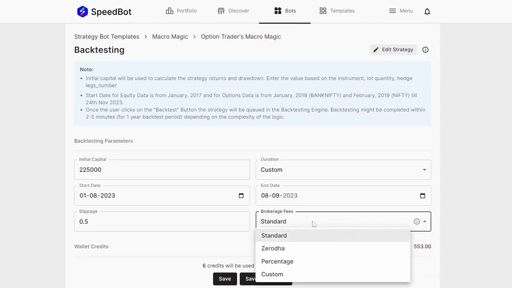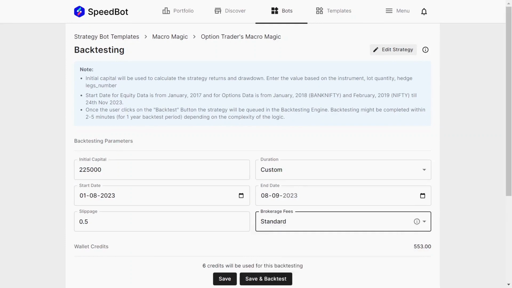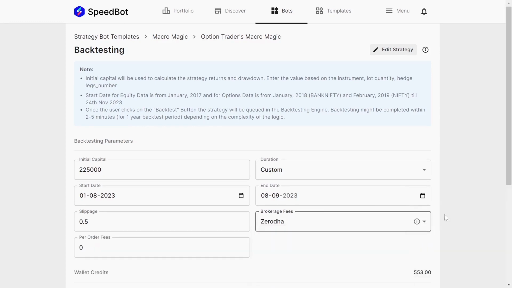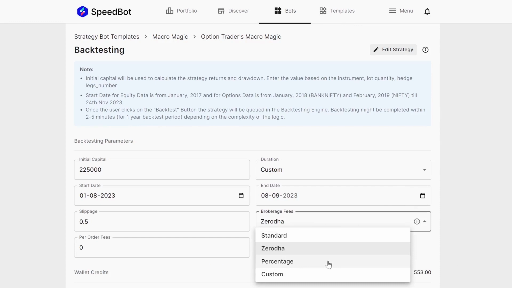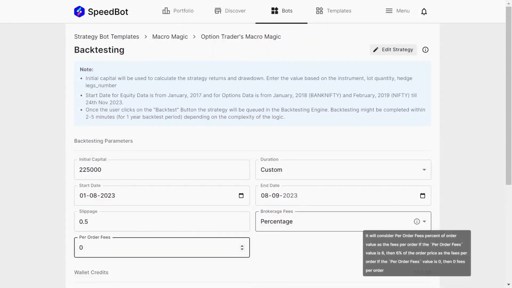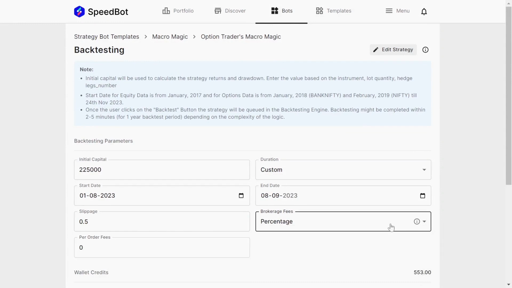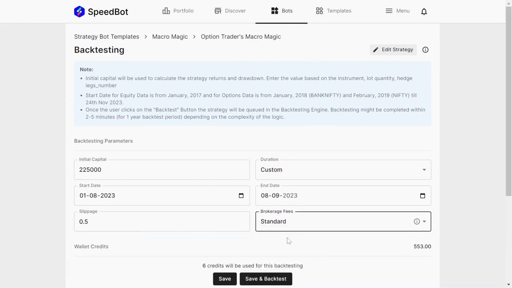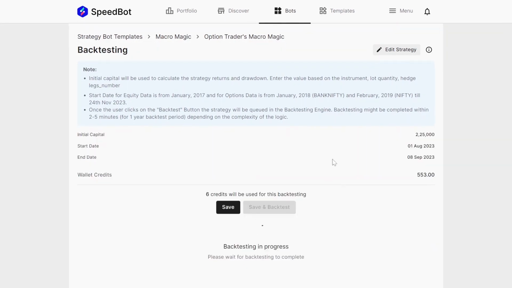I can have multiple brokerage fees as well, based on Zerodha, that is flat 20 rupees fees, or on a percentage basis or on a custom basis. You will get the description for each brokerage over here once you select any of the options. You can also mention the per order fees if you're selecting Zerodha. For percentage also, you can find the description of what exactly this means. Let me take the standard brokerage fees for the time being. Once I click on the save and backtest button,